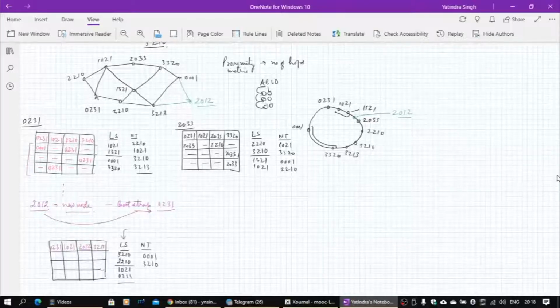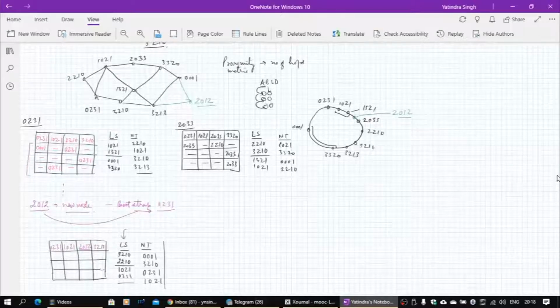Okay. So these nodes are all exhausted, which are 2 hops away. So now 2033, is it present here? No, it is not present in any one of them as of now. Okay. So what will happen? So 2033 will not be coming, and 0231, it is present, so 0231 comes. 1021.